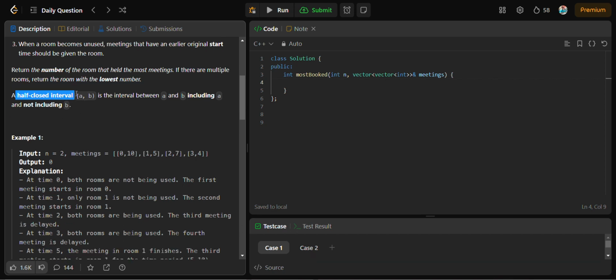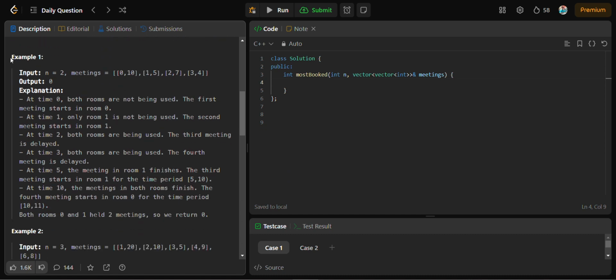The half-closed interval [a, b) is the interval between a and b including a and not including b, because a has a square bracket here and after b there is a round bracket, so including a and not including b. So in the first example, let's suppose n equals 2 and the meetings array is this,